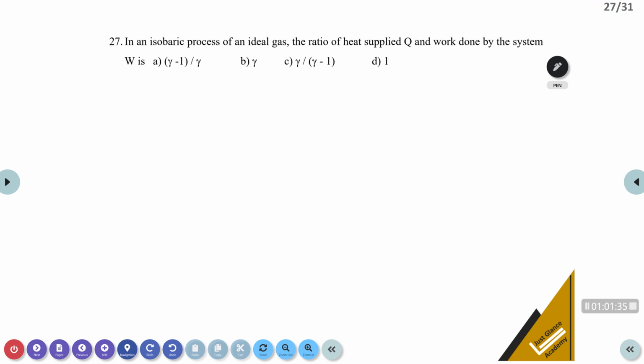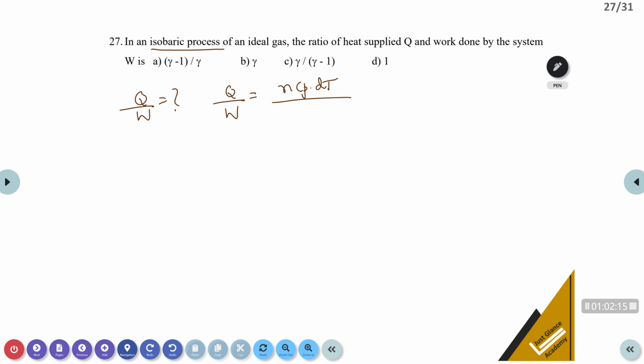In an isobaric process of an ideal gas, the ratio of heat supplied Q and work done by the gas is... There are many methods for this. Ratio of what? Heat supplied divided by work done. Q by W is asked. Which process is it? Isobaric. Isobaric means the pressure is constant here. So Q divided by W: the formula for Q is n Cp